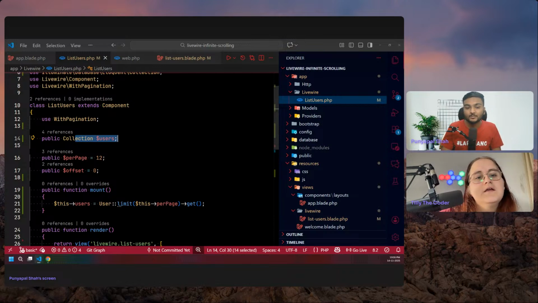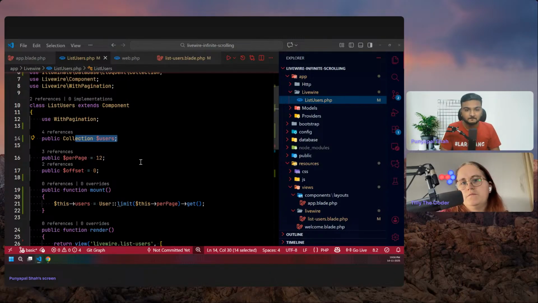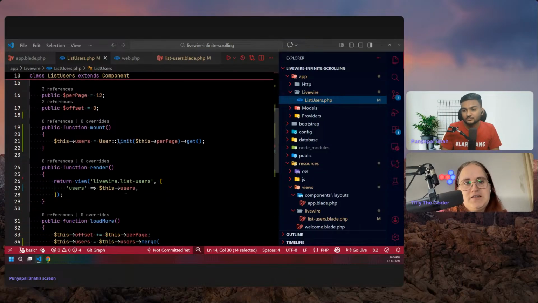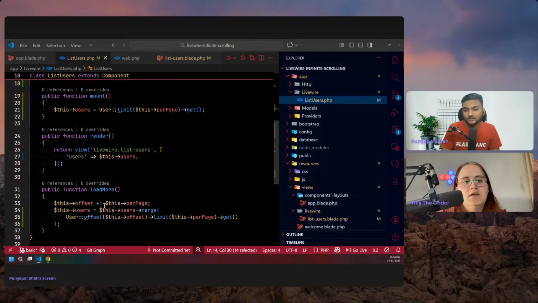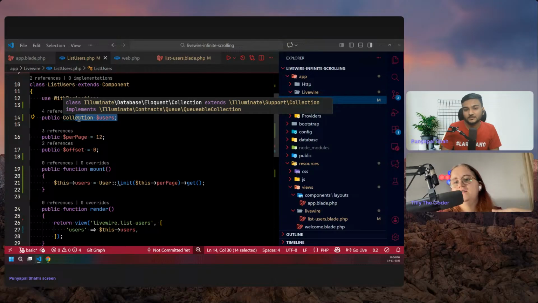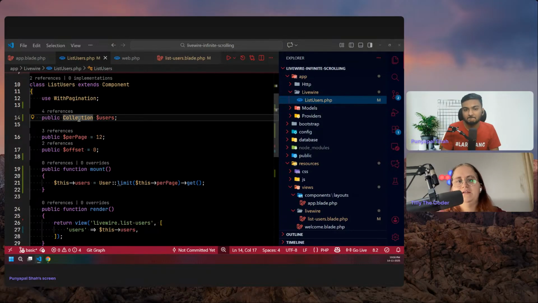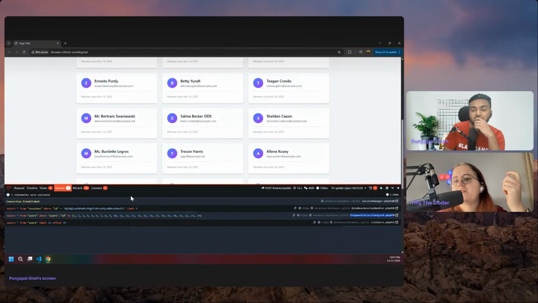Yeah, it makes sense. Every time we get to the end of the page, it calls load more, and then it adds additional users using the merge function on the collection. That is basically a way to expand the page, communicating between the front end and the back end. And Alpine JS basically uses intersect to detect if we are at that part of the page,